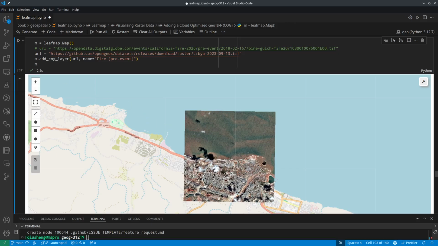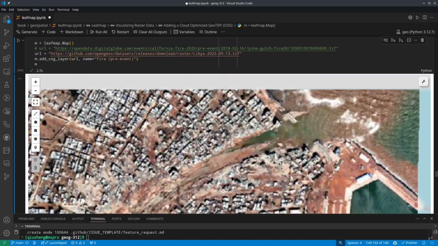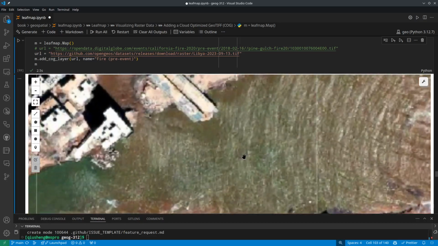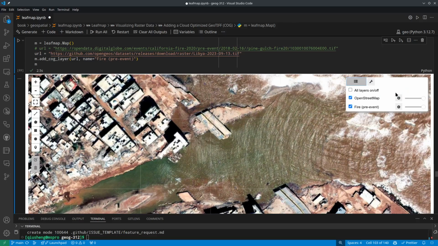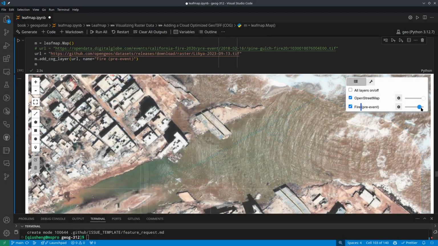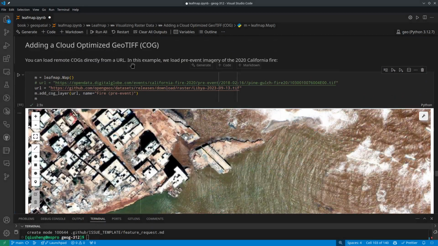See? And the nice thing about it, you can zoom in, and zoom in. You can turn the layer on and off. You can change the opacity. Isn't it better than if you use Rasterio? You have to worry about read